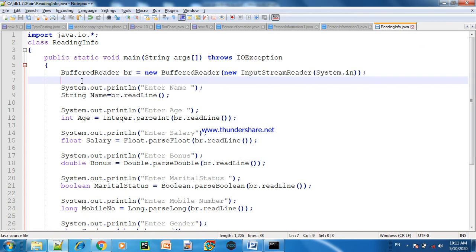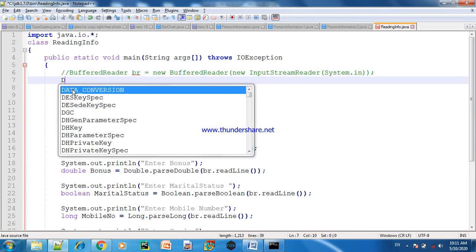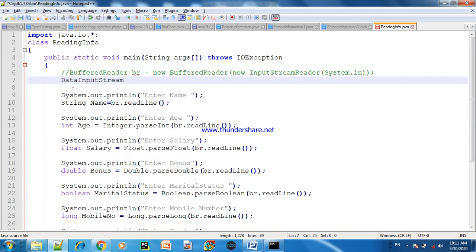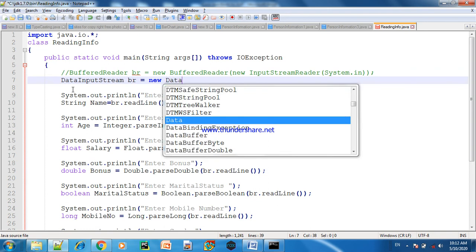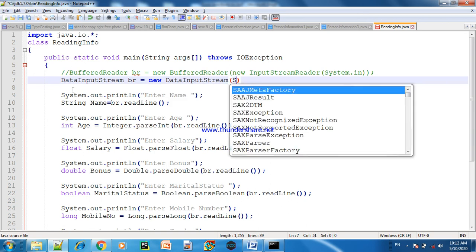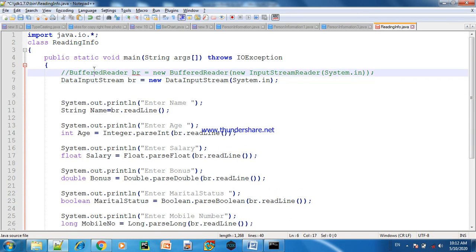In the same way, there is one more class, that is data input stream. It is a little bit smaller than buffer reader.